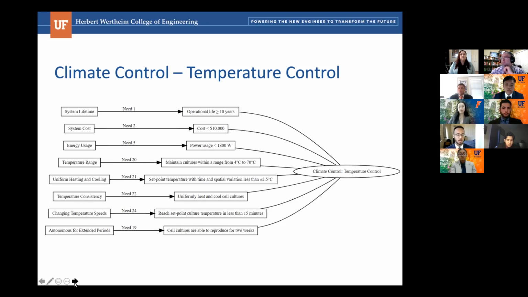Uniform heating was also an important need to consider, with a sensor being used to measure the uncertainty within not only the temperature, but also the condensation and the humidity within the system. And need 24, regarding changing temperature speeds, specifies that this environment needs to be able to reach a culture temperature within less than 15 minutes. And so as we move on to the next slide,